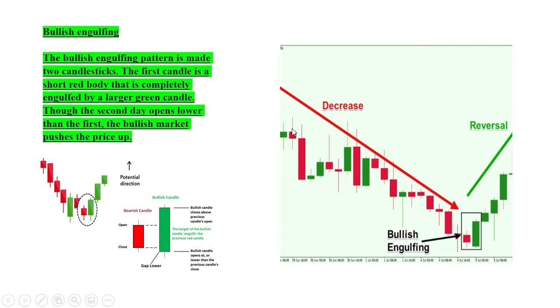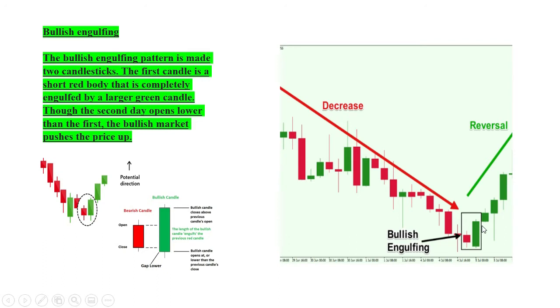So now let's look at an example over here. After we had the downtrend, boom, we shot down. Now, we formed at the bottom of the downtrend, which indicated a trend reversal to the upside, which happened. So we could see small red body, engulfing green candle, then next candle opened up above it, and the trend